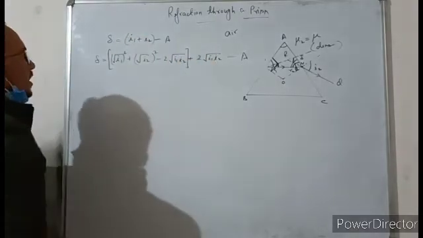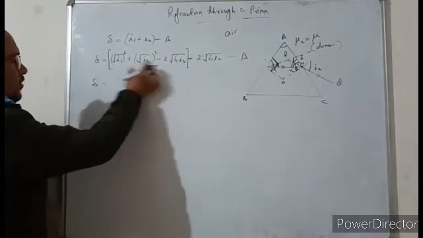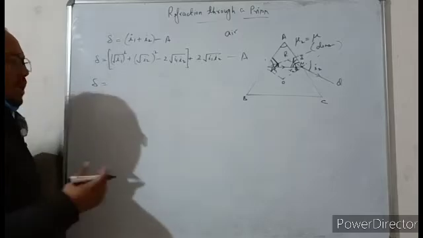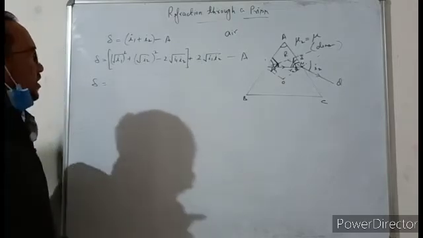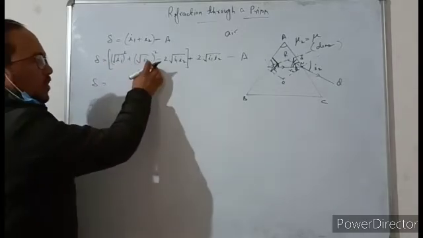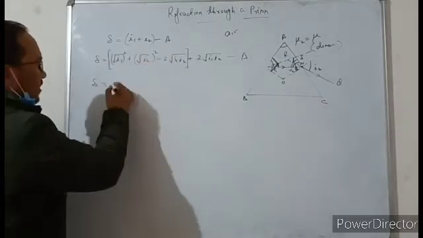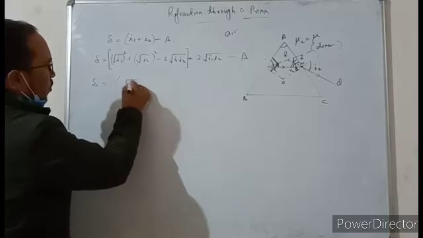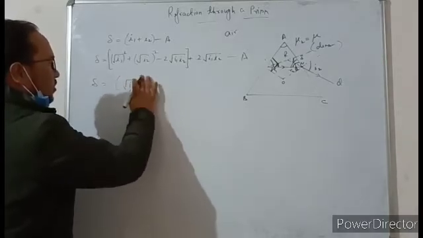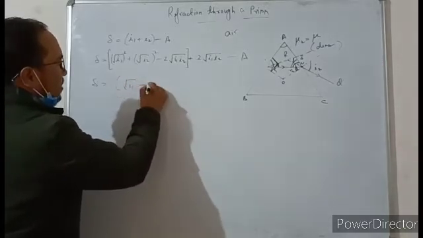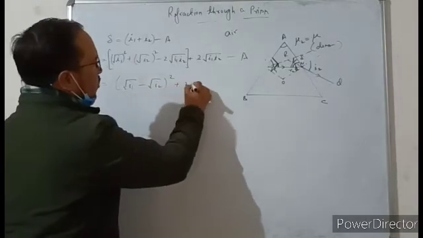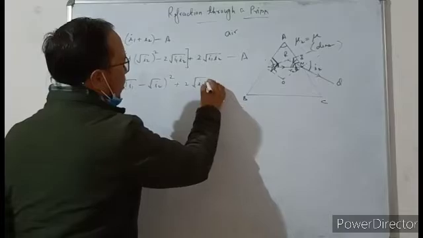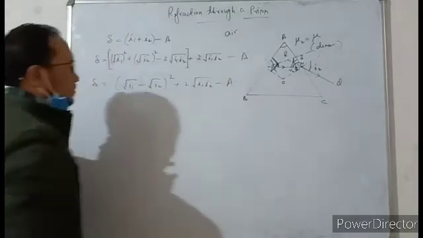नाउ इसको हमने एक साथ बना दिया फॉर्मूला। दिस इज द फॉर्मूला ऑफ a minus b होल स्क्वायर। तो शायद आपको स्टूडेंट फॉर्मूला याद होना चाहिए। दिस इज a स्क्वायर प्लस b स्क्वायर माइनस 2ab। वी कैन राइट इट रूट I1 माइनस रूट I2 होल स्क्वायर एंड प्लस 2 रूट I1 I2 minus A.